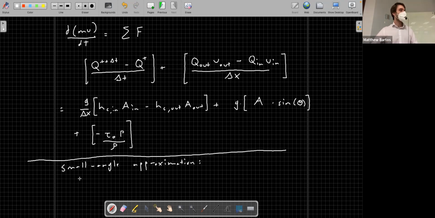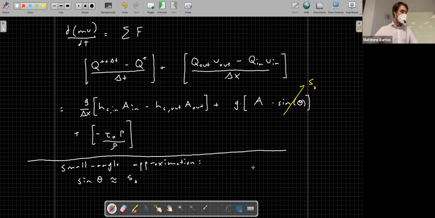Okay. And I'm going to say that sine theta is approximately equal to the channel bottom slope. Okay, so this is the small angle approximation. We can say that this sine theta here is approximately equal to the channel bottom slope, so S naught. Okay, and the other simplification I'm going to apply